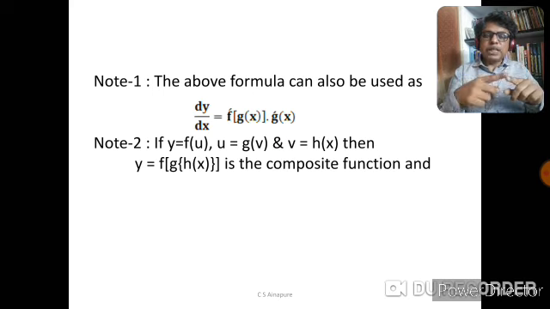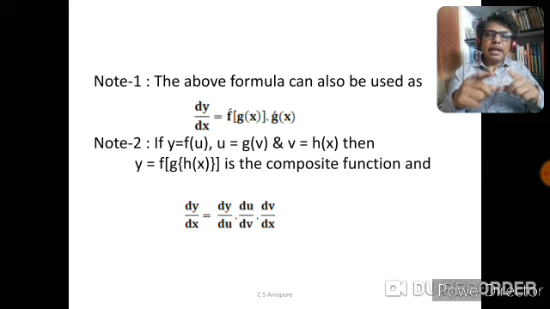But in the fourth case, y is a composite function of x, so we have to find the derivative of y with respect to x. Now we have four derivatives here, and the relation between these four derivatives by the above theorem can be written as dy by dx is equal to dy by du into du by dv into dv by dx. So y is a function of u, u is a function of v, and v is a function of x, and we are taking the derivatives of the corresponding dependent variable with respect to its independent variable.